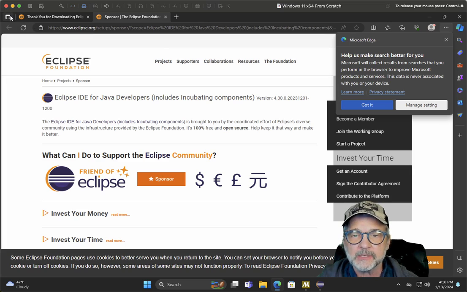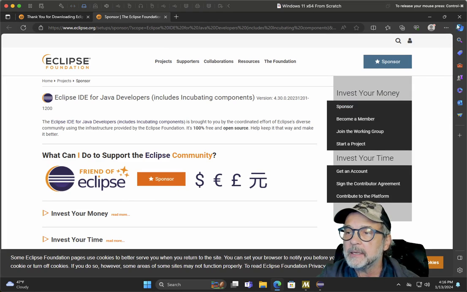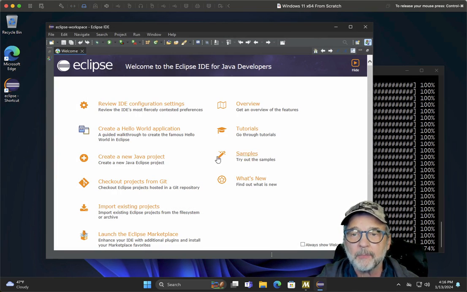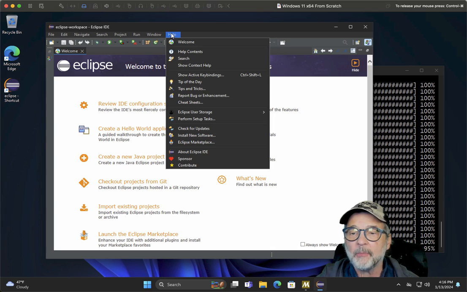That's a good thing because Eclipse is actually a very good product. I like to turn off Always Run in the background. When I'm updating or installing something, I like to see it in the foreground. So I'm going to click Apply and Close, and I'm going to go up to Help, and I'm going to